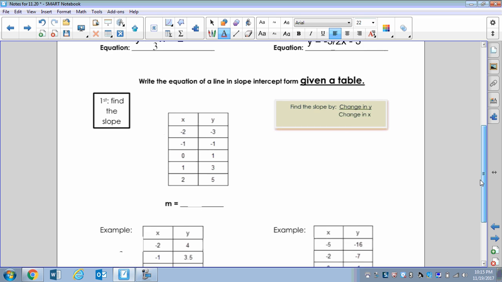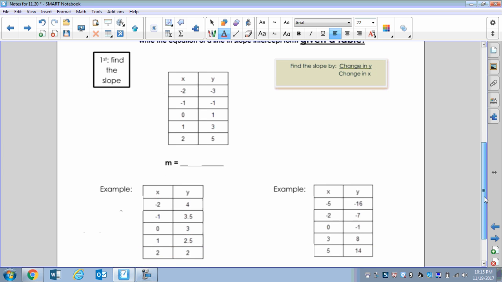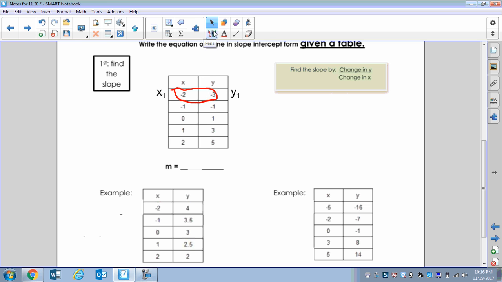Alright. So looking here, we're going to be looking at how to find our slope. This is something that you guys have already done, so I expect you guys to be able to work through these on your own. But to help you out, I want to make sure that you see we're going to be choosing an x1, y1, x2, y2, and the points are going to be linked together. So when I pick, I'll pick this point here. This one becomes x1, y1. And then if I pick the next one right below it, this one would become